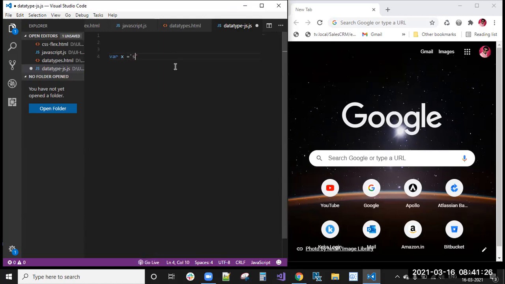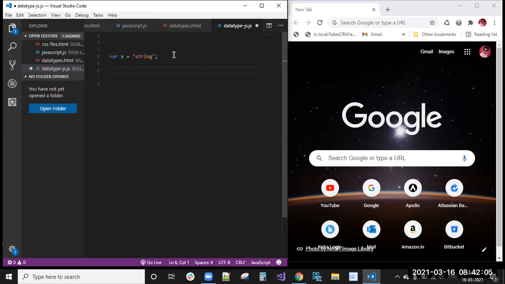If here I'm declaring some string like this, then automatically the JavaScript compiler will consider this x as a string, right? We already saw this, x equal to in double quotes or single quotes. Anything is fine, double quotes or single quotes, your wish. You can declare double quotes with single quote also, no problem. You can declare where x equal to string. We already saw that this string is considered as a string data type by the JavaScript compiler.